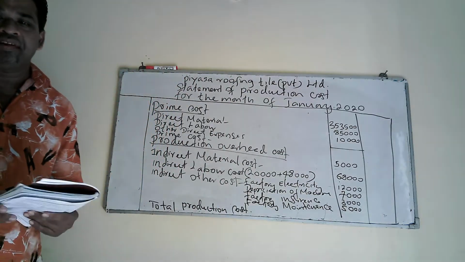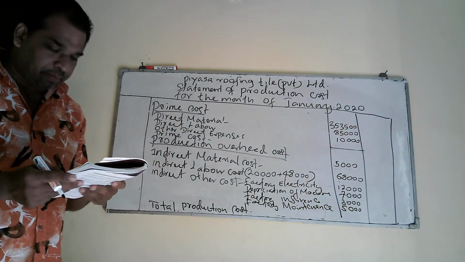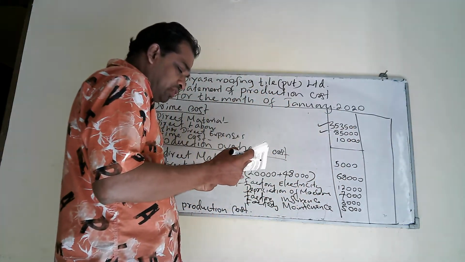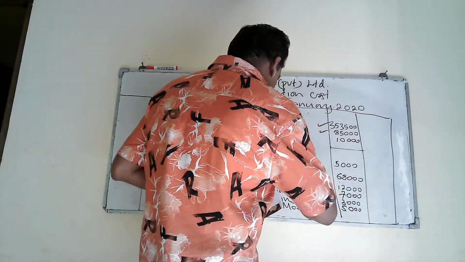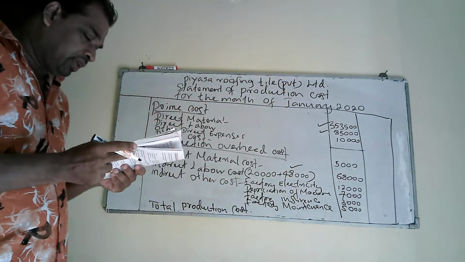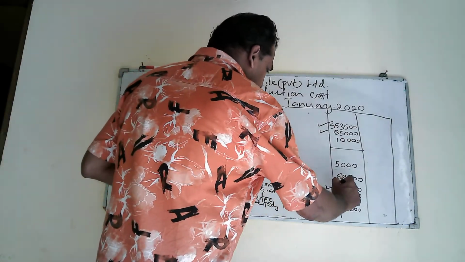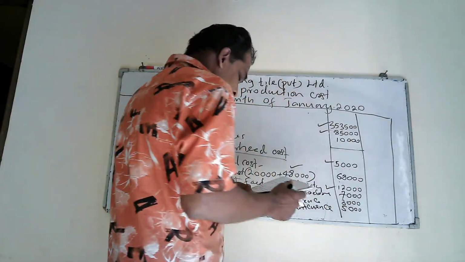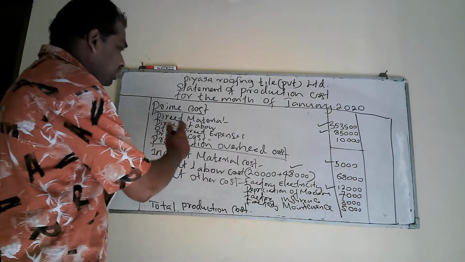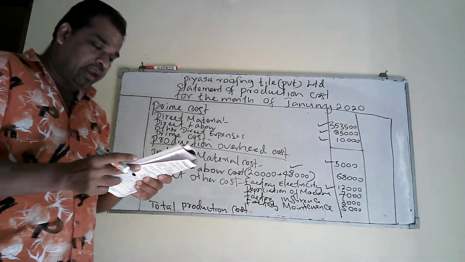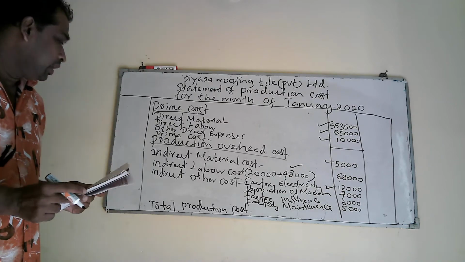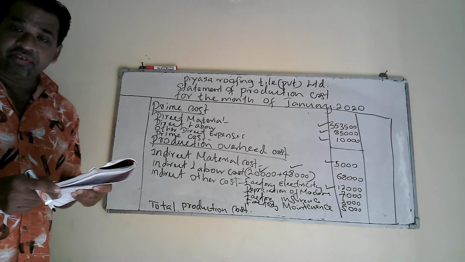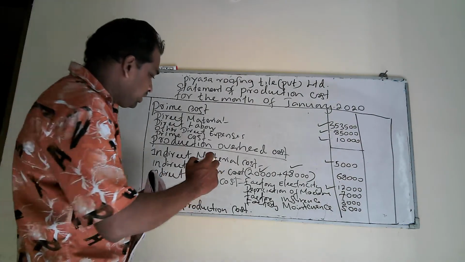We can just check whether we have taken all the values, even at the exam. First item, okay. Second item, okay. Then supervisor salary 48,000 is included here. Then factory electricity we have taken. Then 5,000 cost of paint, indirect material, is there. Then direct other cost 10,000 is there, and we have put it under prime cost. Salaries for security service is also indirect labor cost, so we put it under indirect labor. Machinery depreciation 7,000 comes under indirect other cost.